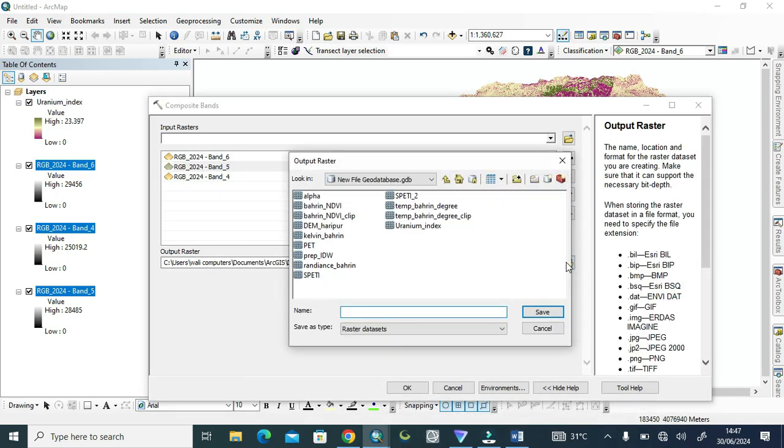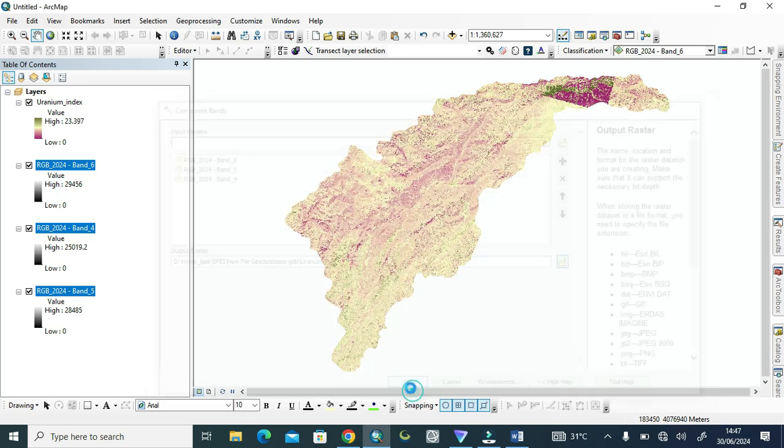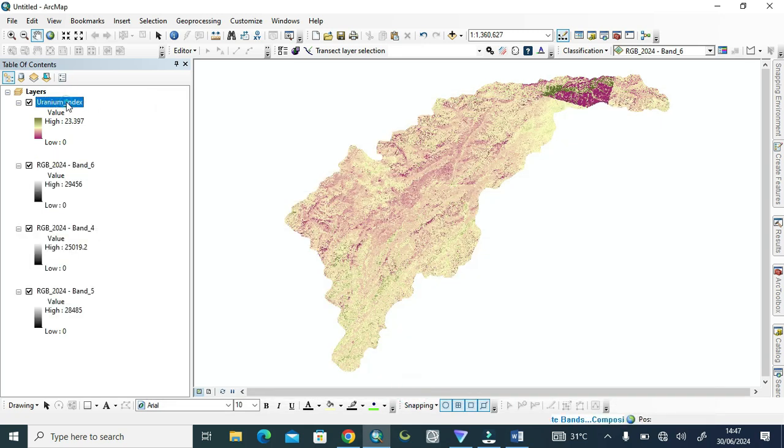One band sequence will be changed, and now we give it the name uranium RGB because it's an RGB composite image, and we click OK, then OK, then the process runs. We skip ahead a little, and when the process is done we will show it here. It proceeds and takes a little time.